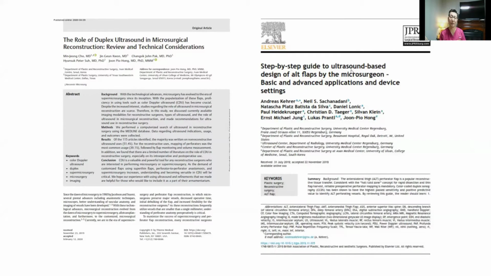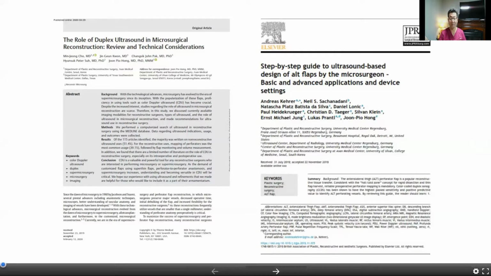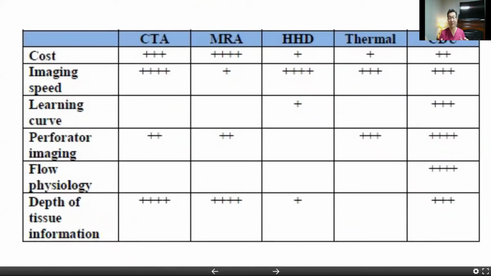The use of ultrasound is not really new. We've been using it to map out perforators for a very long time, and we've been using it to map out the recipient vessel as well in finding the ideal recipient vessel for the reconstruction, especially in our hands, the lower extremity. Now, if you look at why we have shifted from using the classical CT angiograms to MR angiograms